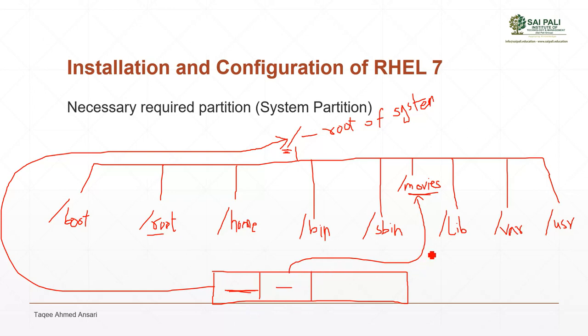Partitions are mounted on the directories, and when you store any data on the directory, this data will go to the partition which is mounted on that directory. But every directory will always show under slash. Whether it is mounted on any other partition or not, it will still show under slash. So by seeing the directory, you will not understand that this directory has some other partition. For that you have to run some commands. So this is the basic structure of Linux.